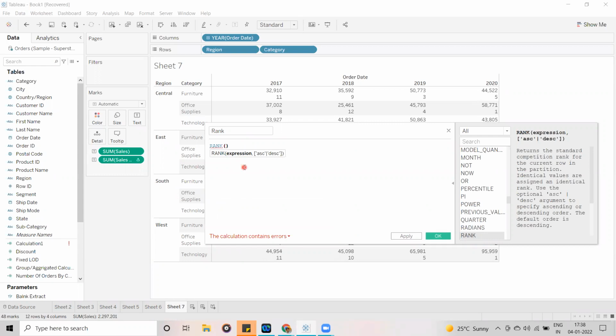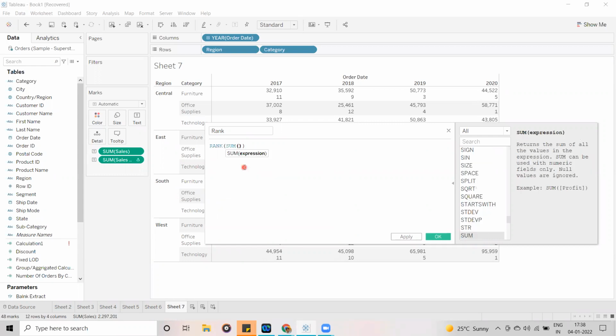Expression means sum of cells. In the expression you mention the value based on which you want to assign the rank, so in the expression area I mentioned sum of cells.